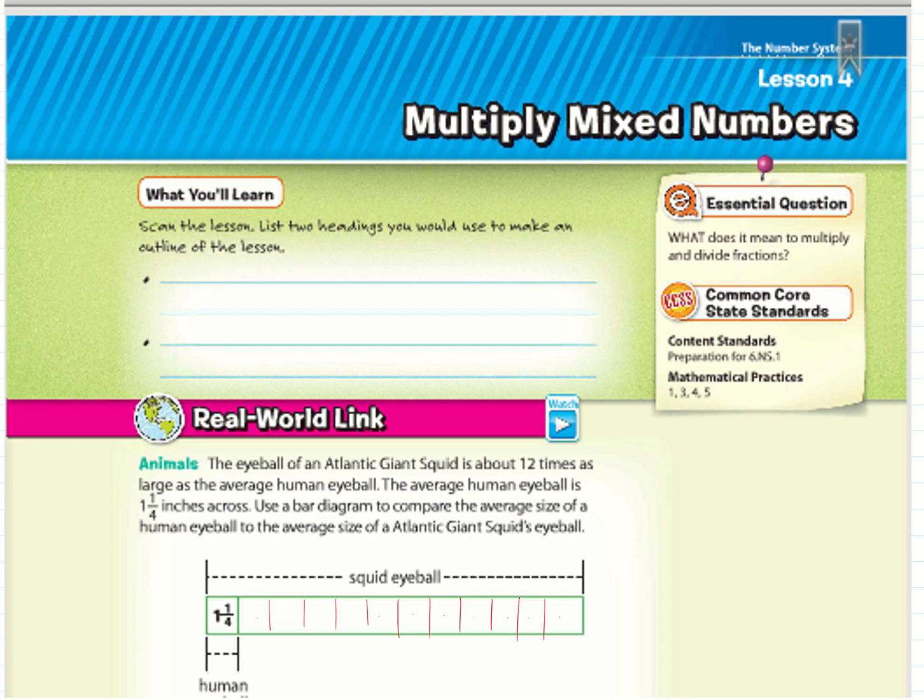We're on page 281, and we're going to be multiplying fractions with mixed numbers. So scan the lesson's headings. What's this lesson going to be about? Well, the title is Multiply Mixed Numbers. So we're going to multiply